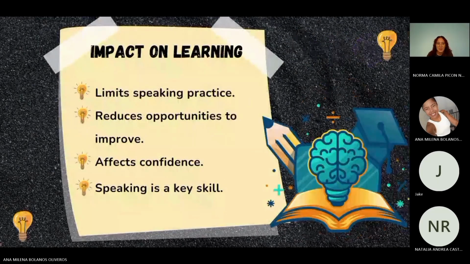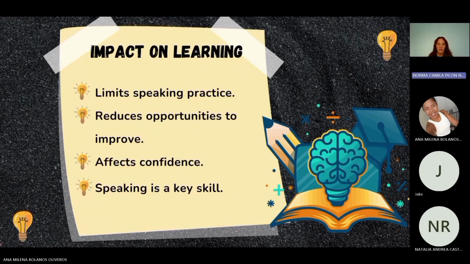Following, instruction limits the students' oral practice and reduces their opportunities to improve. Furthermore, it affects their confidence in speaking English. We must keep in mind that speaking in English is a foreign language that